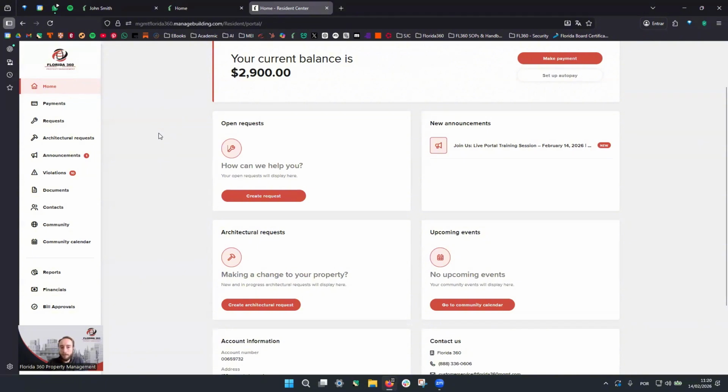One of the things that happens often is something will happen on the common elements, and you as the owner, you realize that, and you want to notify the property management company. So you will open a request. This is what we call it. I want to inform the property management company of something, or I want to ask a question. So I will click on Create Requests,